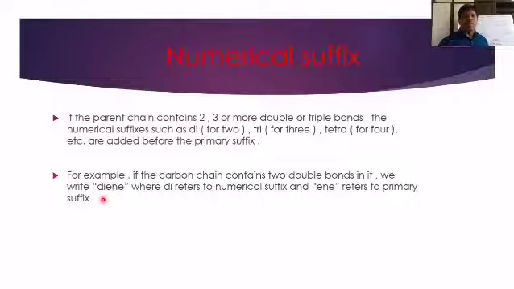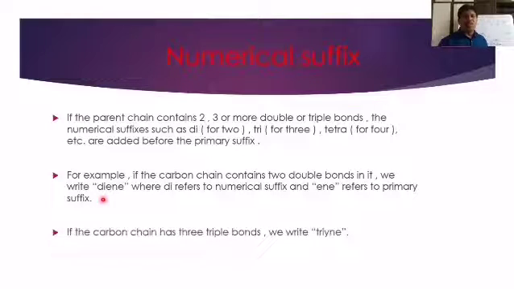If a double bond or triple bond is repeated 2 times or more, in that case only the numerical suffix will come into play. Suppose the carbon chain has 3 triple bonds. In that case what do we write now? Triyne. Tri indicates what? Numerical suffix, 3 times repetition. And YNE represents what? Presence of a triple bond. Triple bond is repeated how many times in the given carbon chain? 3 times. That's why it is called triyne.